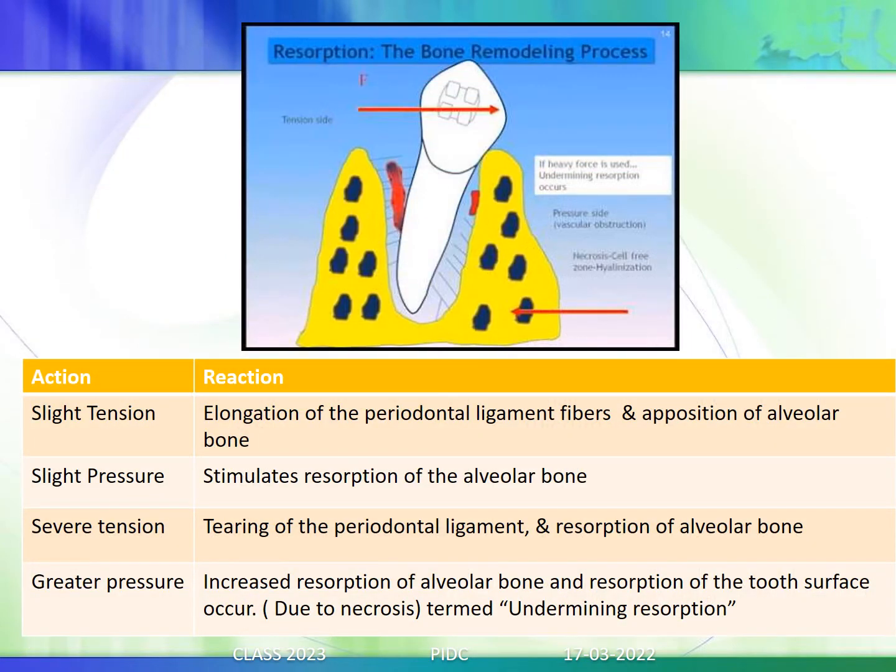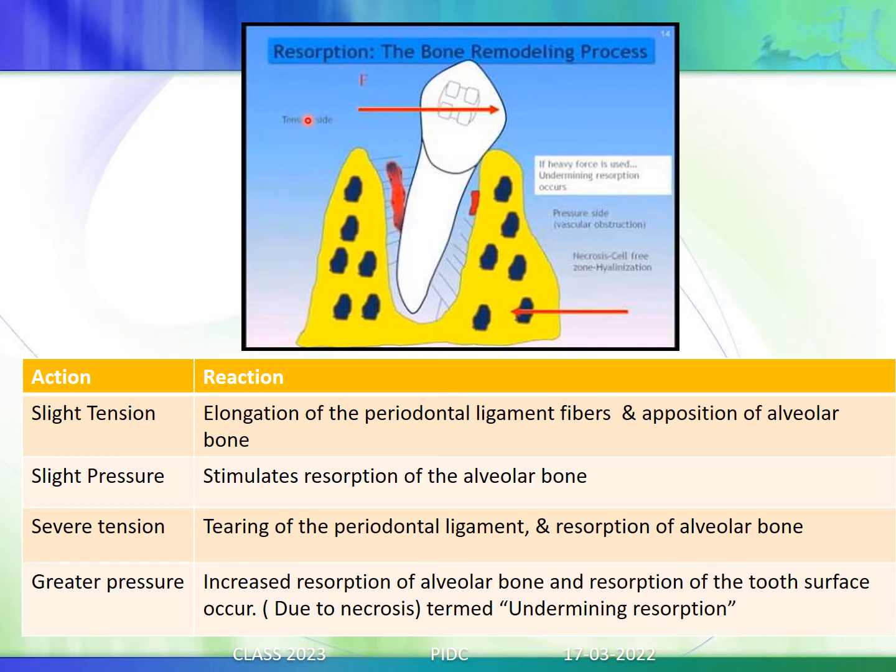You can see that in this case there is an orthodontic bracket present, and an orthodontic force is applied in this direction. The direction where the force is being applied is said to be the tension side. Why it is called the tension side, we'll deal with, and the other side which receives the brunt of this force is said to be the pressure side. Now coming on to the action and reaction, when there is an increased amount of force or a slight amount of force, what is going to happen on this tension side and on this pressure side? When a slight force is given,